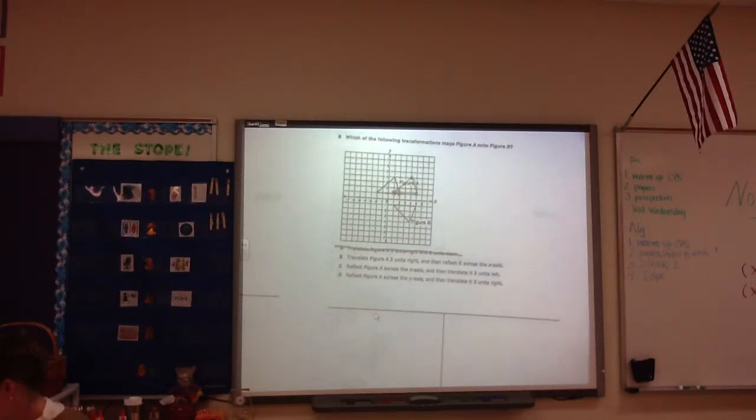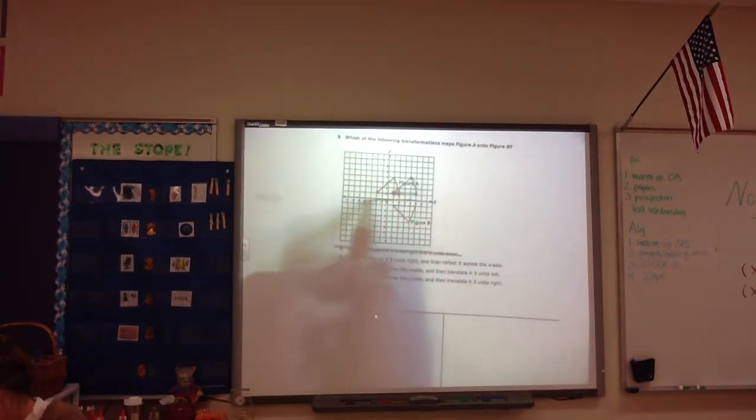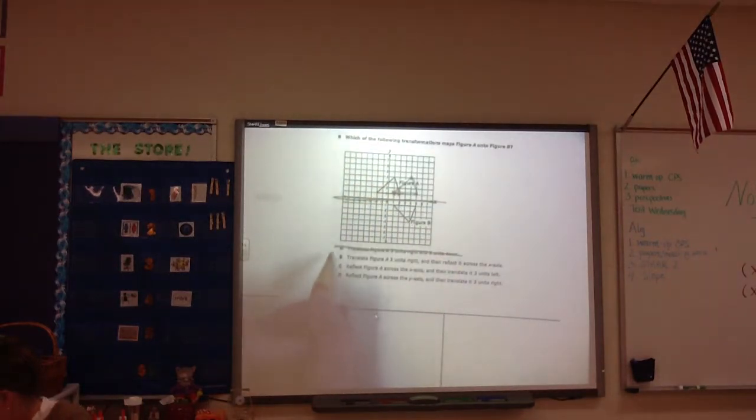Then it says to reflect it across the x-axis. And if you notice, these points line up on either side of our reflection line. So I'm going to think that maybe B is correct. But I'm going to check